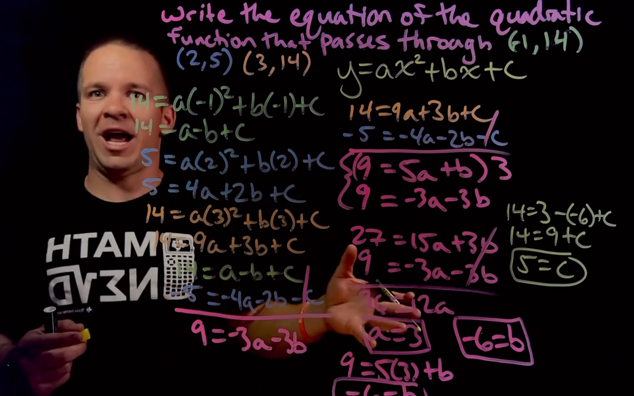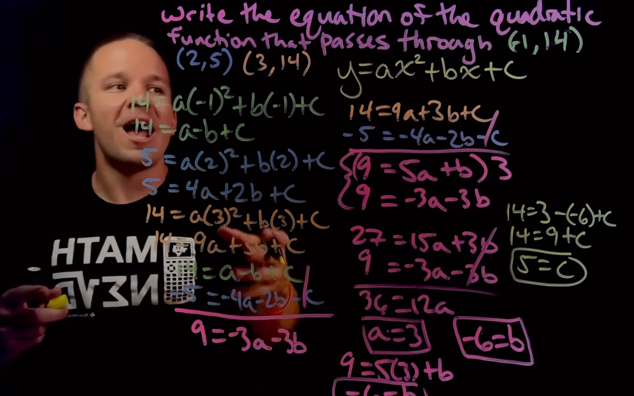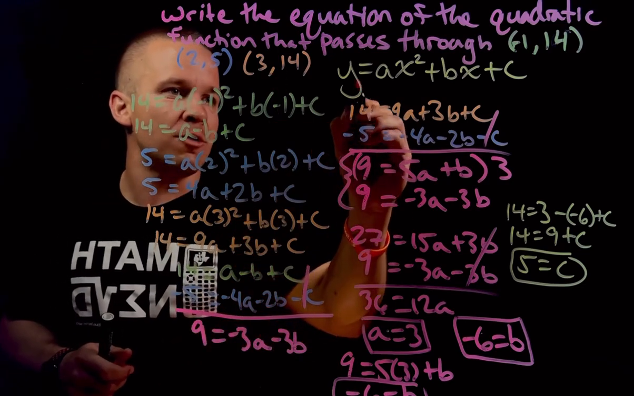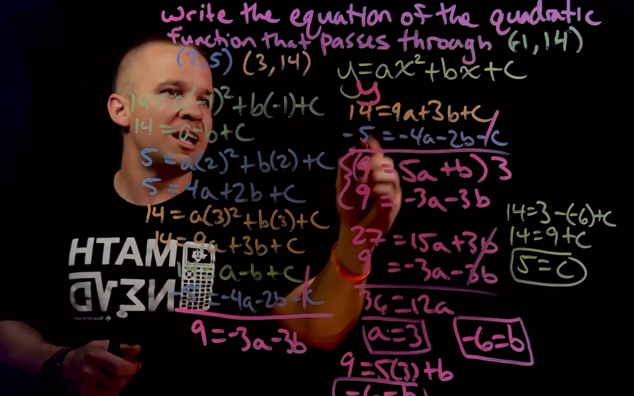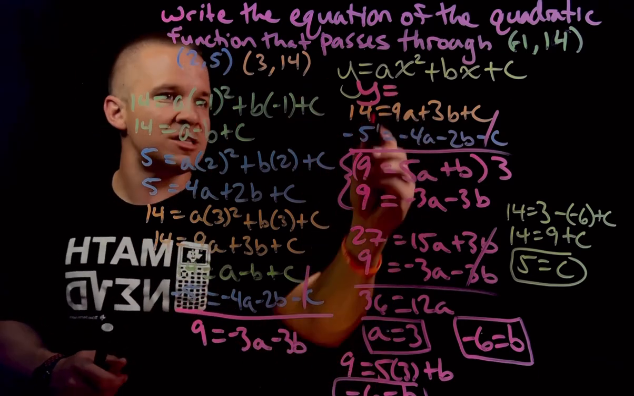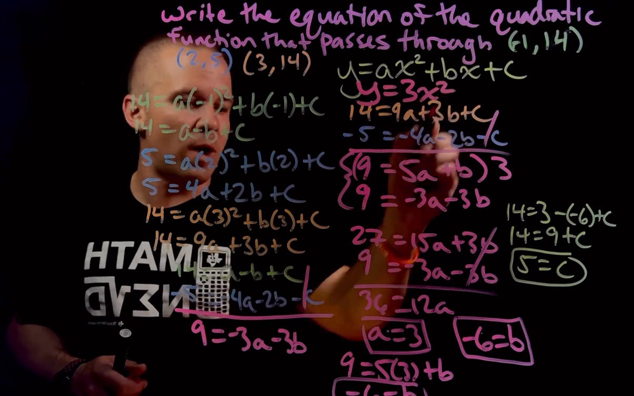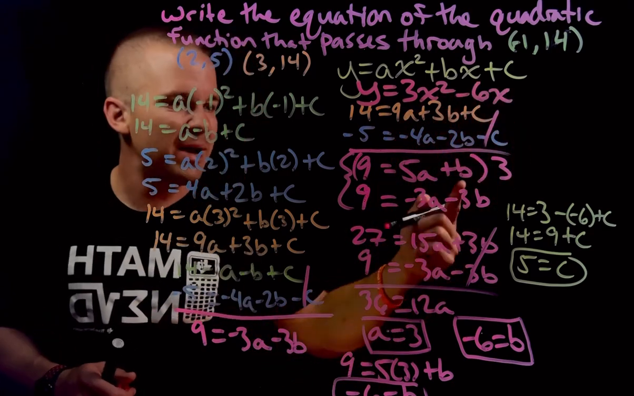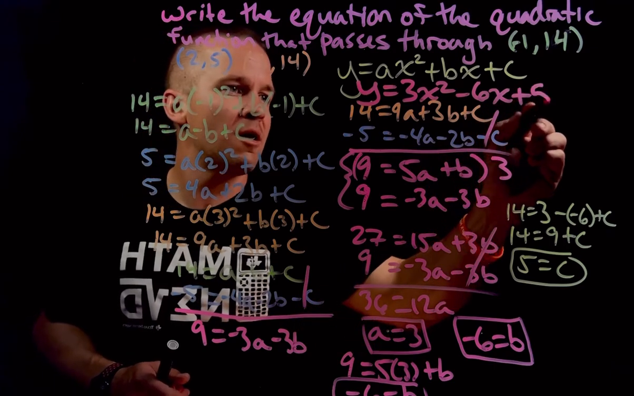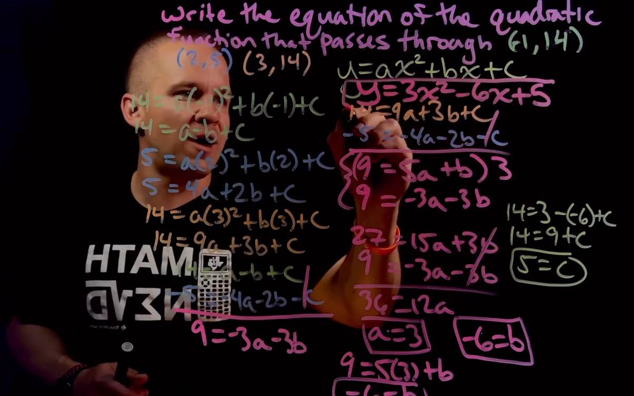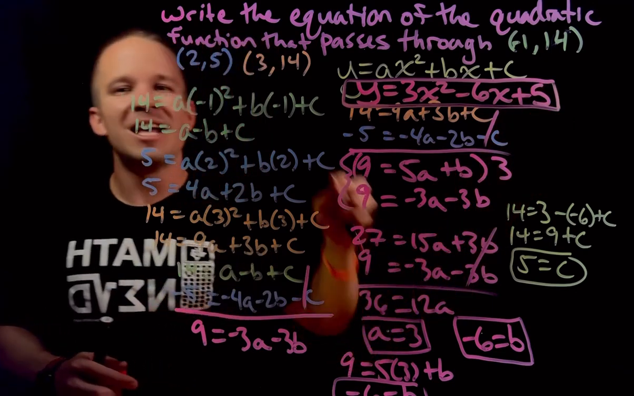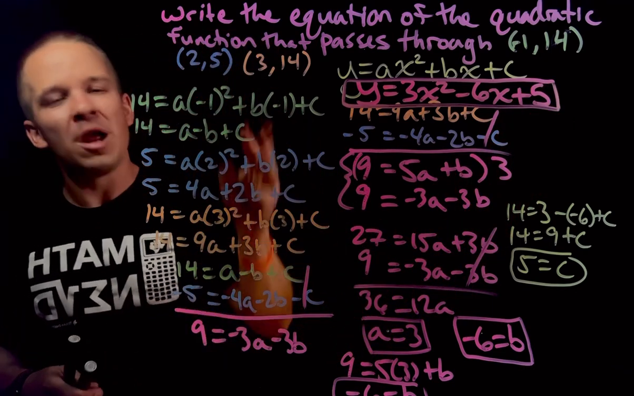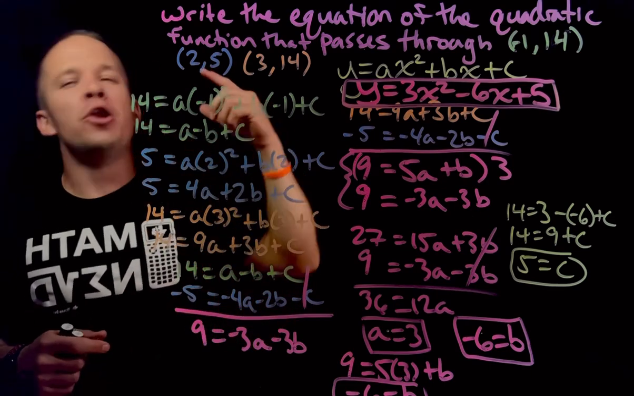I got to write my final answer, dogs. Don't do all this work and not write your final answer. All right, we're going to do that in this guy right here. We got y equals. We'll just write it right up by our original one. My A is 3, so I got 3x squared. My B is negative 6, so I get minus 6x. And my C is positive 5. I get plus 5. There is our final answer in standard, aka general form,